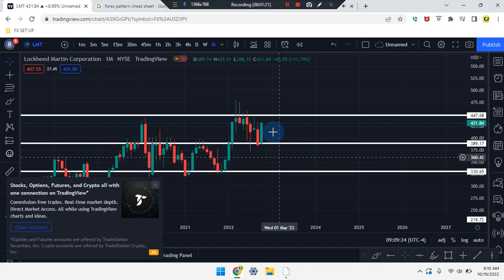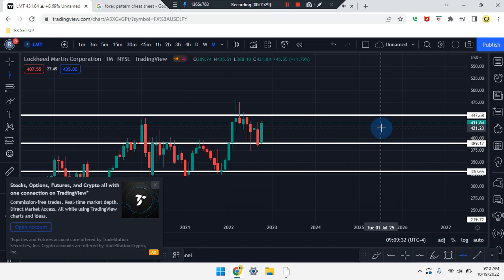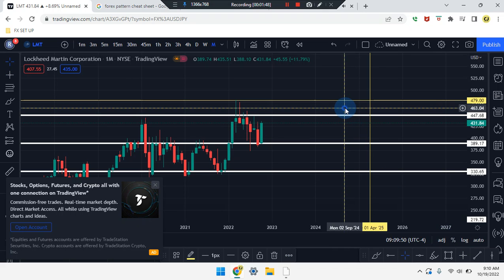It can head up to the top of that SR line, which would be at a price of 447.68. And if price breaks that area, after that we're looking for price to eventually clear these wicks of 479.00. And before it tags that area there, it can tag that midpoint, which would be the price of